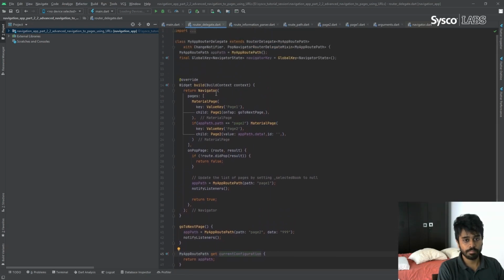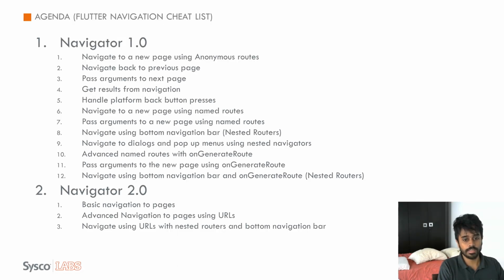And here in the build method you can see that we have the navigator widget again with pages and on pop page like before, which we covered in the basic navigation to pages.